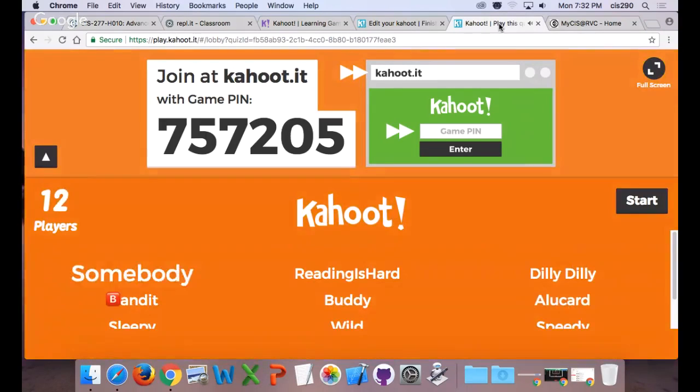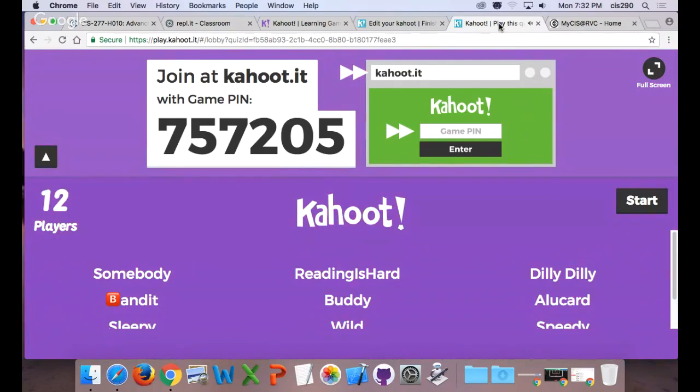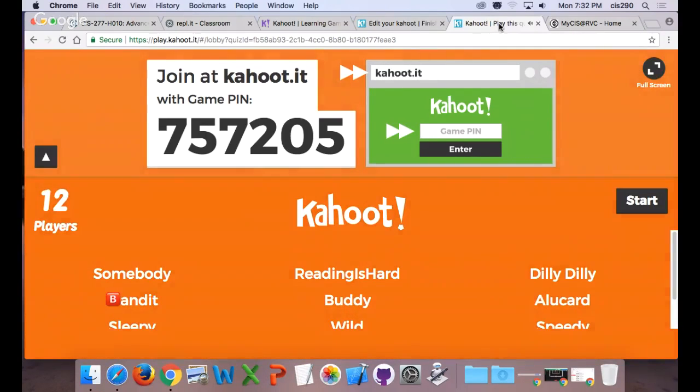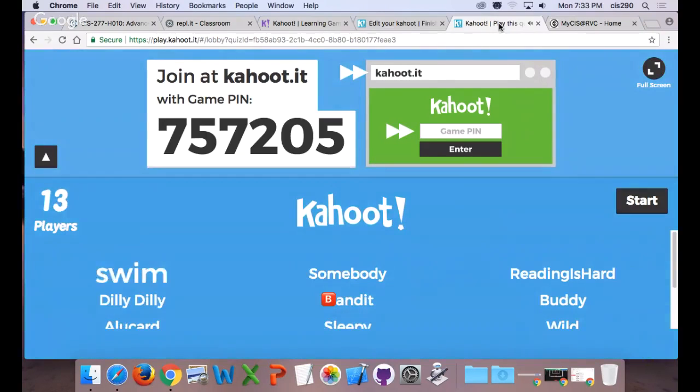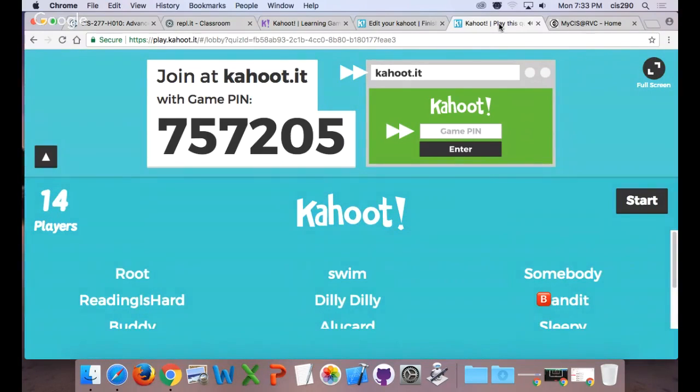I like it. $17 is what we're looking for. And you can play this from your computer as well. You don't have to use your mobile device. If you don't have a mobile device, or you can't use one, you can use your computer as well and log in.